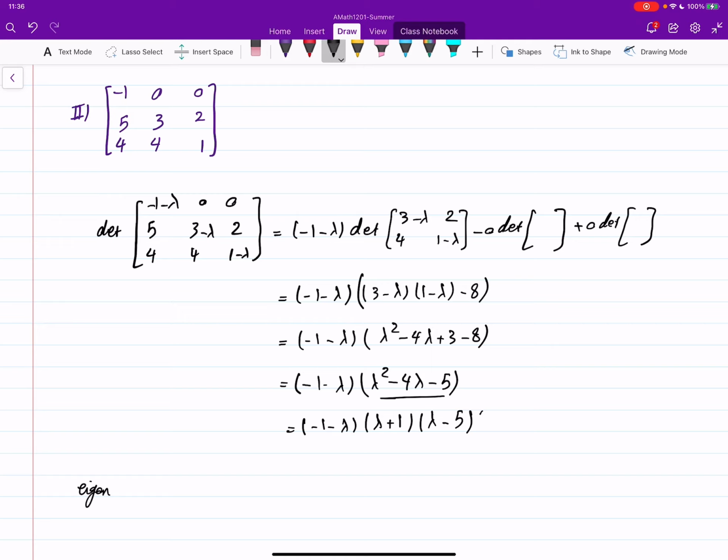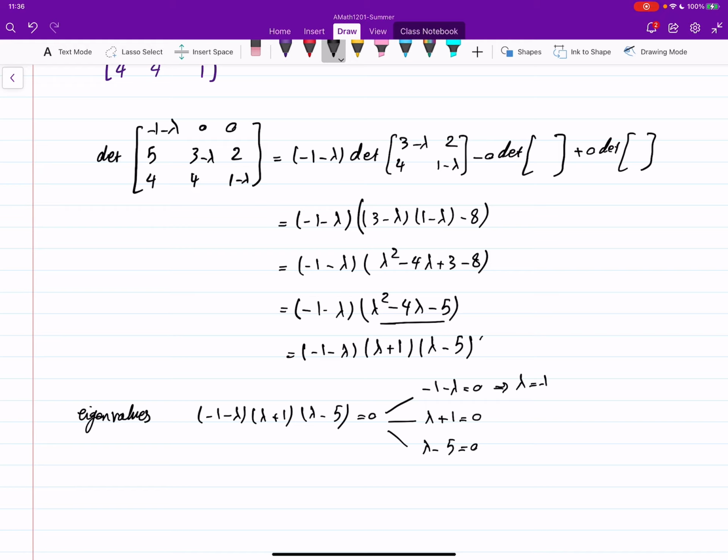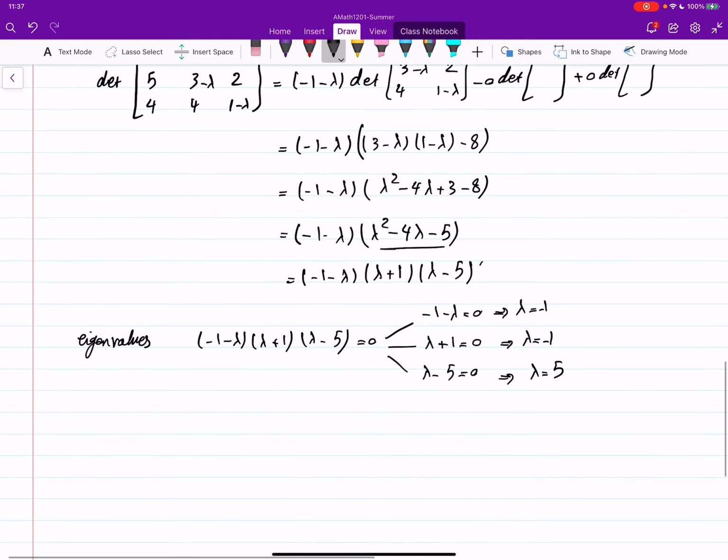Now set this equal to 0 to find the eigenvalues. Minus 1 minus lambda, times (lambda plus 1), times (lambda minus 5), is equal to 0. So minus 1 minus lambda equals 0, lambda plus 1 equals 0, and lambda minus 5 equals 0. These two give me only one eigenvalue, and this is another one. So that means A has 2 eigenvalues, lambda negative 1